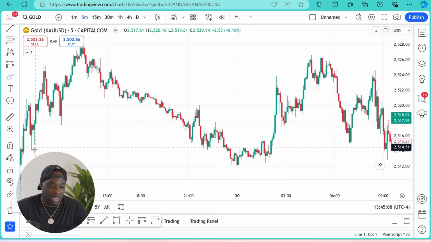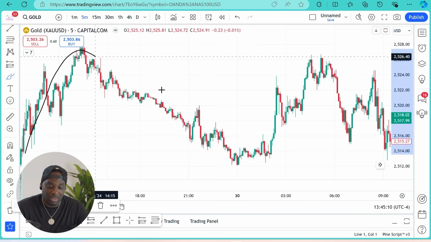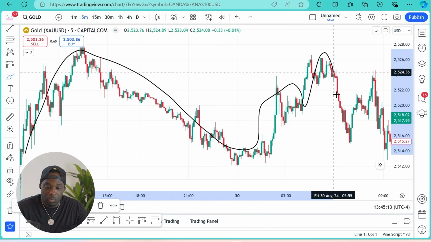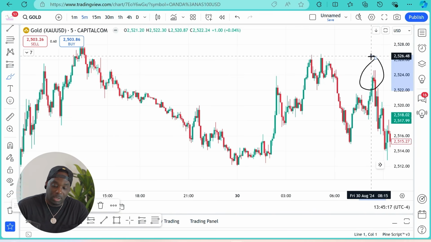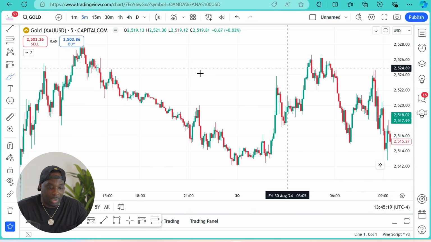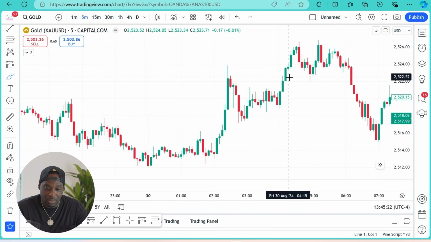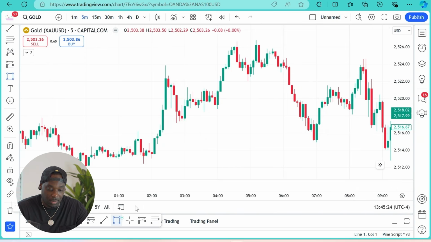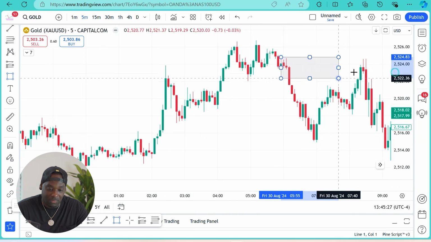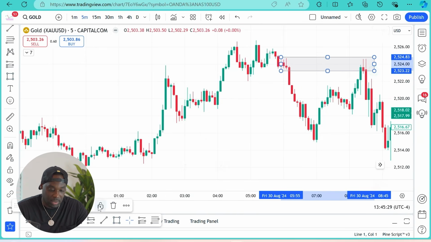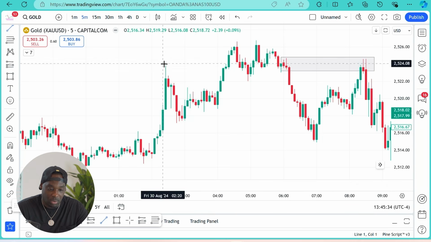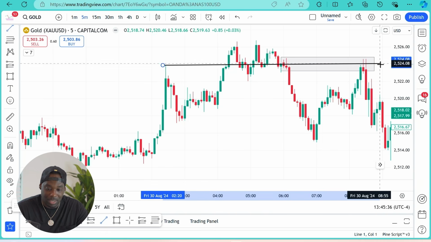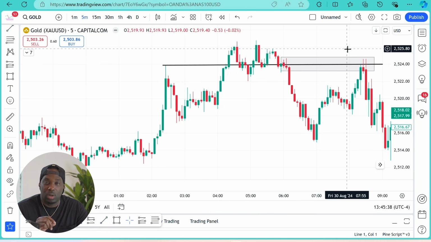Okay, so in this example, guys, we're looking at the market and it looks like it's ranging, right? So overall, we know that it's ranging. Now, this is pretty much where I start to look at the market. Let me zoom in a little bit. I notice that we have what? Supply right here. And not only that, we have resistance to the left. So guess what, guys? When I see two levels lining up at the same time, guess what? That is a high quality trade.